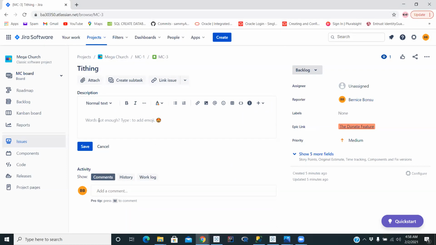Quick. As a church member. As a church member, go ahead. I want to be able to pay my tithe. I want the ability to pay my tithe. As a church member, I want the ability to pay my tithe, so that I can fulfill God given